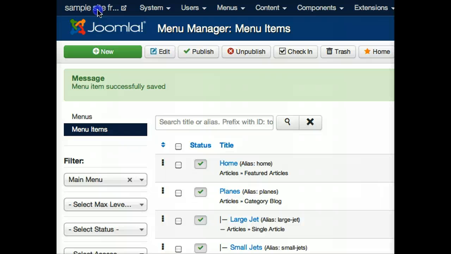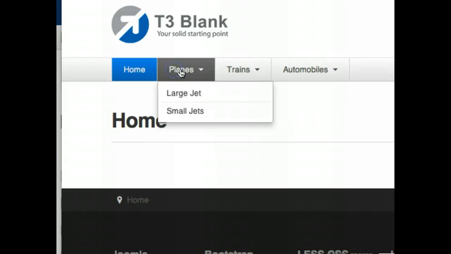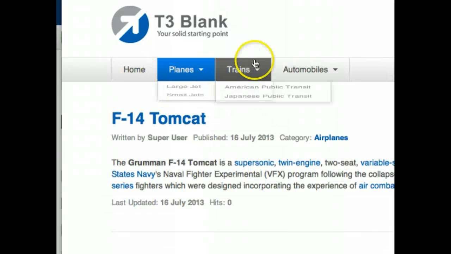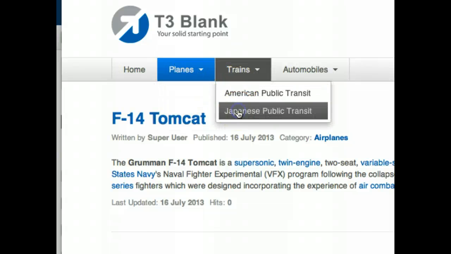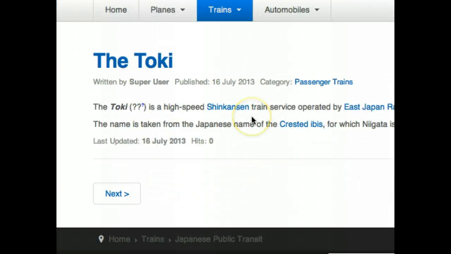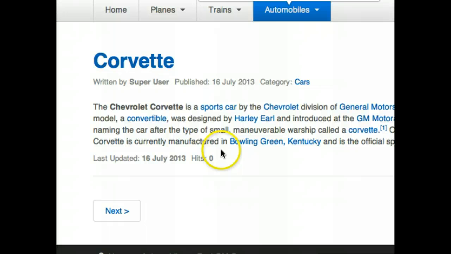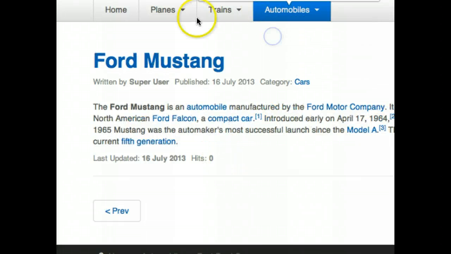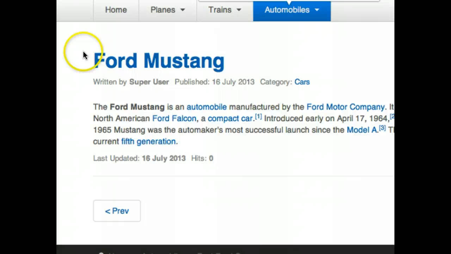Let's go up here and click Sample Site again. And now you can see definite pull-down menus. So let's go ahead and take a look at Japanese Public Transit. And now it just shows us this article, just the single article that's matched with that menu item. So let's take a look at automobiles, fast GM car, Corvette, and you can see here the content that we pasted in there. So now we've built some categories, articles, and we've put them into menus, and this is definitely